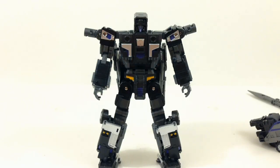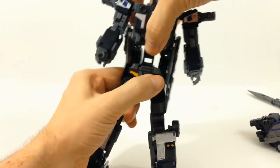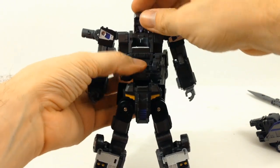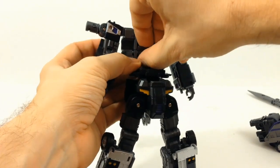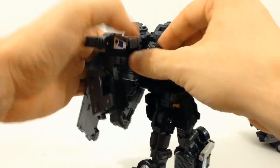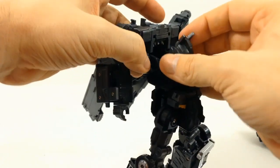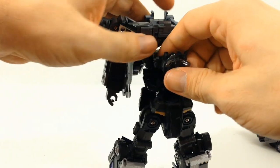Alright, so let's go ahead and take this guy and show how to transform him into his combined mode, Intimidator. Alright, so let's start by detaching his waist, like so. Then we're going to flip down the chest. And then we'll flip around the head, and then just leave it like that, because we're going to need to manipulate the head just a little bit to get out Intimidator's head. Alright, so pull out Intimidator's head,